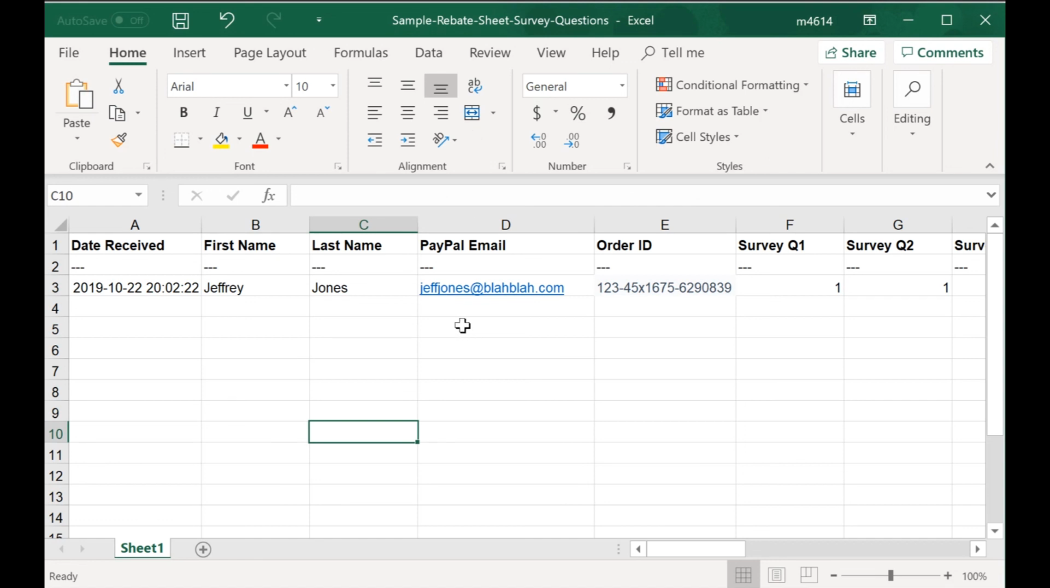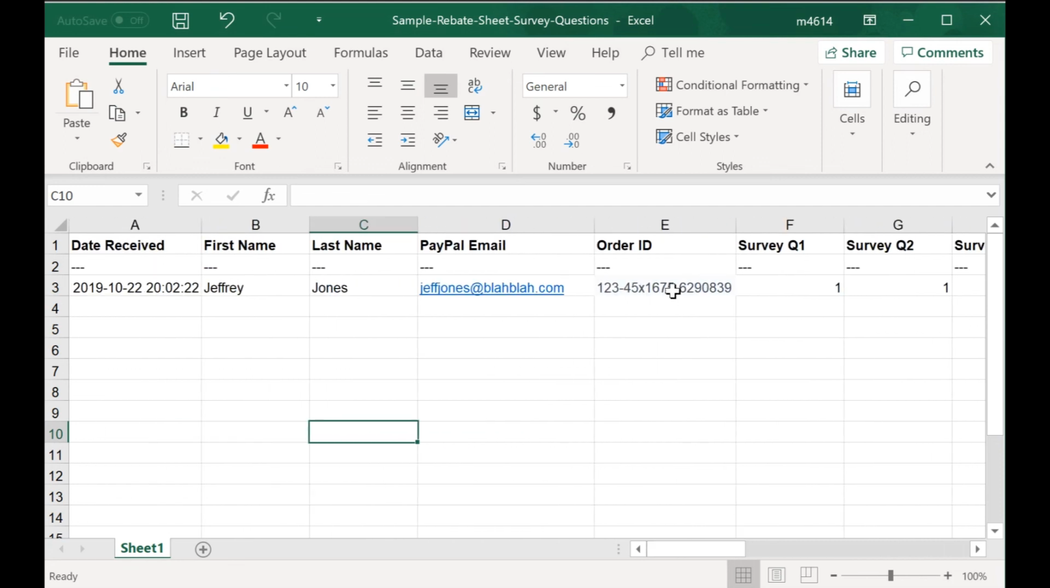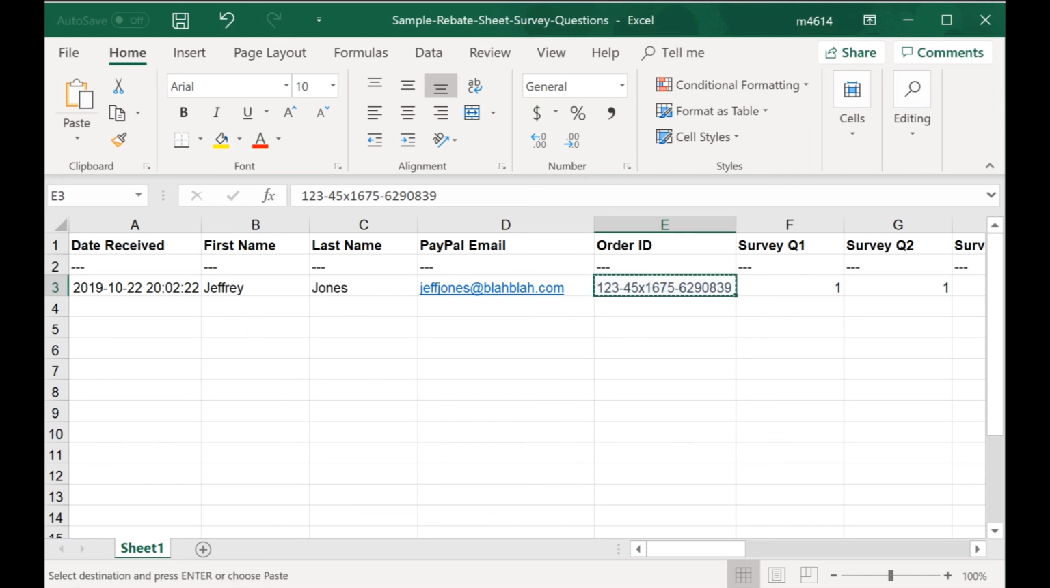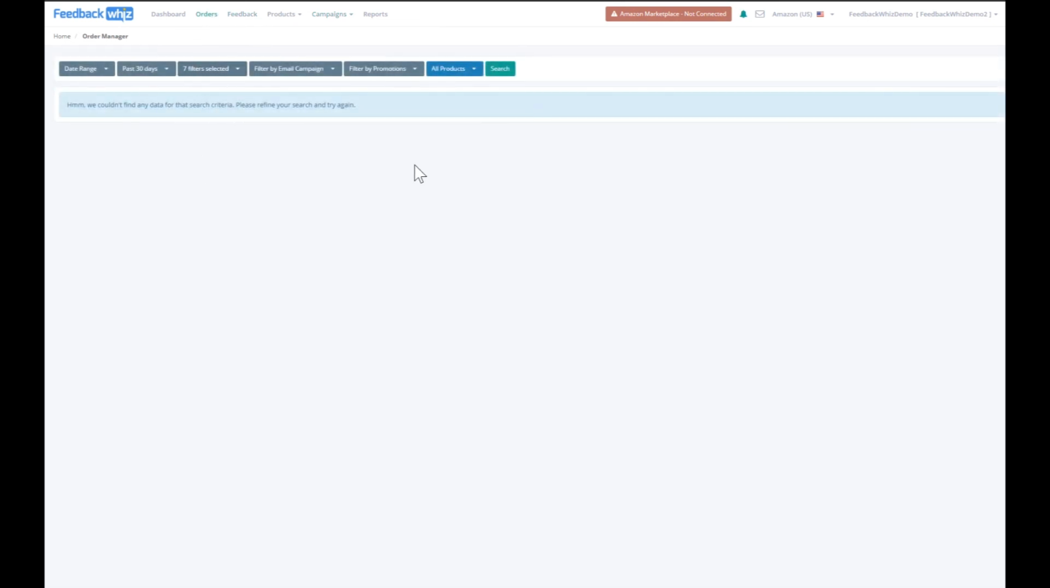So if I pull up the Excel spreadsheet downloadable from Seller.Tools, you can see there are a few columns here that actually have the name, the emails, the survey questions. So let's say in the survey they give you a low score. It has the order ID, which is great. So what you do is you take this order ID, you copy it,